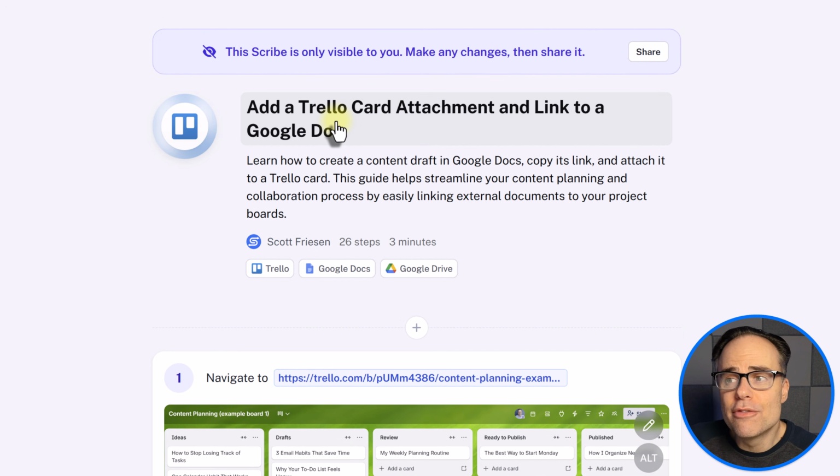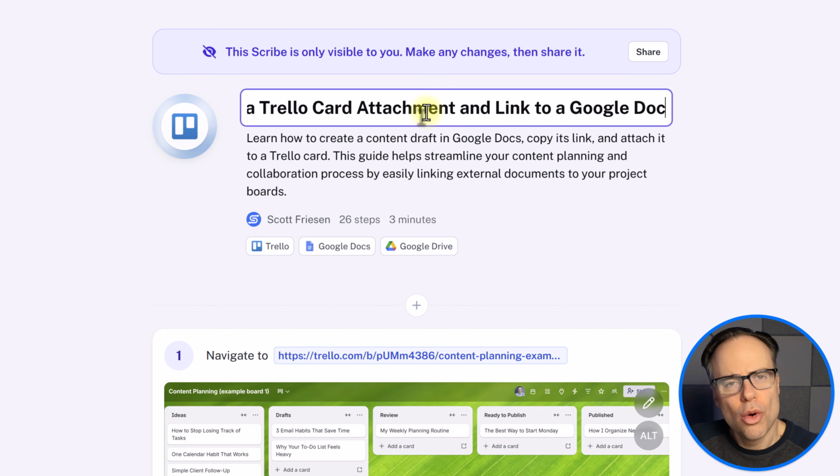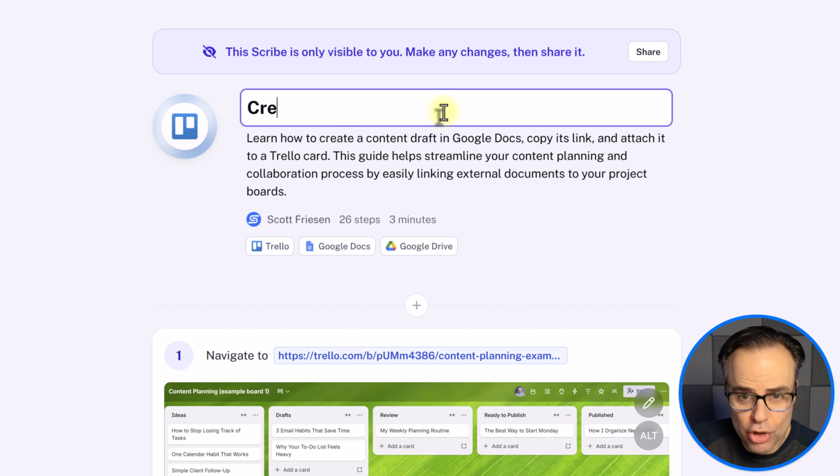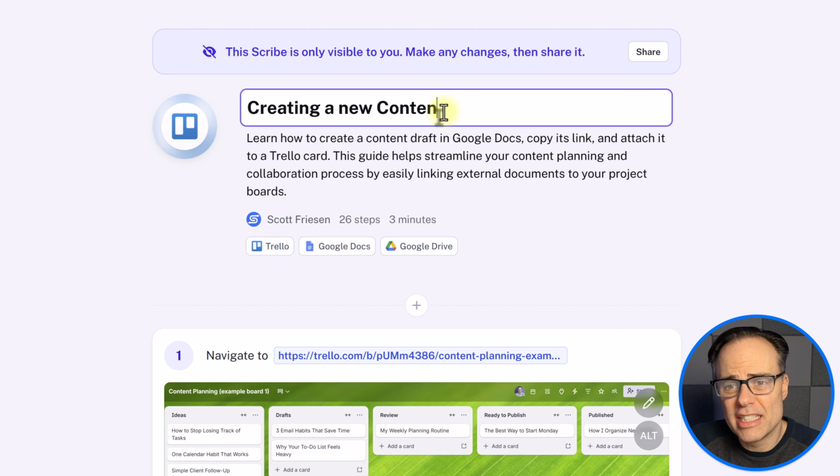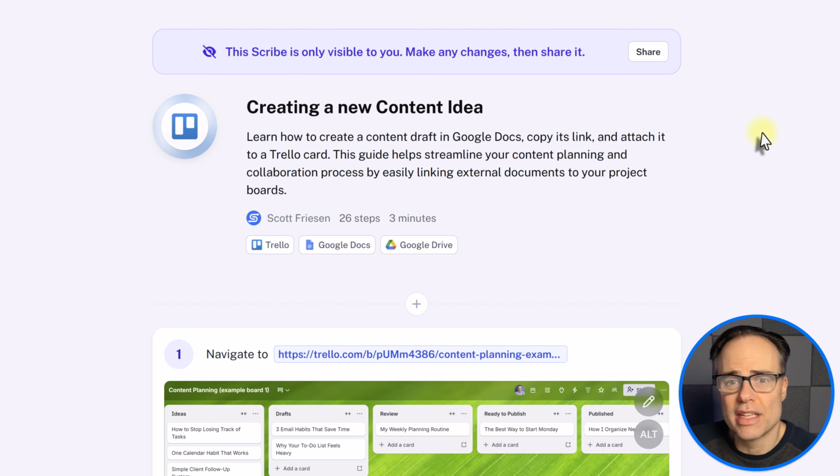First of all, everything is editable. So we're not talking really about Trello and a Google Doc here. We're talking about creating a new content idea. That's really what this SOP is about. And then down below, I can change the description as well. It even conveniently shows the different tools that I was using. So even before they jump into learning or reviewing, they know that I was using Trello, Google Docs, and also